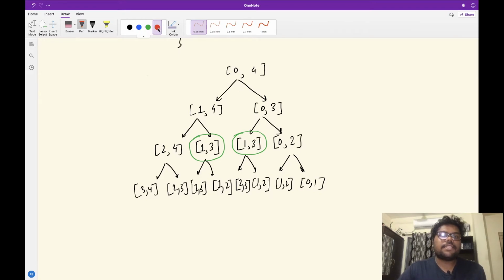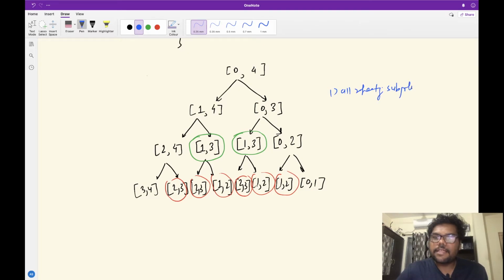And if you see the next point, we also have 2 comma 3, 2 comma 3 repeating, 1 comma 2, 1 comma 2, 2 comma 3, these are repeating. So you can see here that we have repeating subproblems. Now if you look at the tree properly, there is one more thing that you can notice, which is very particular to this question: all repeating subproblems are at the same level,